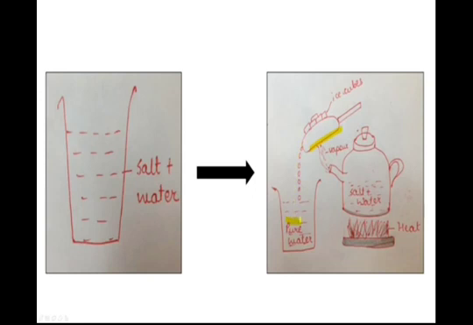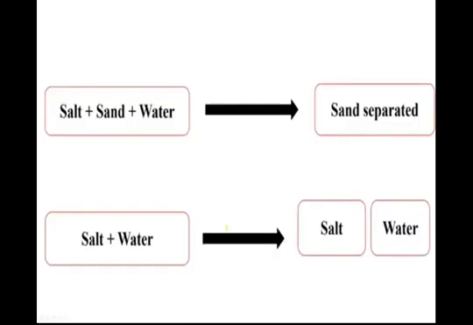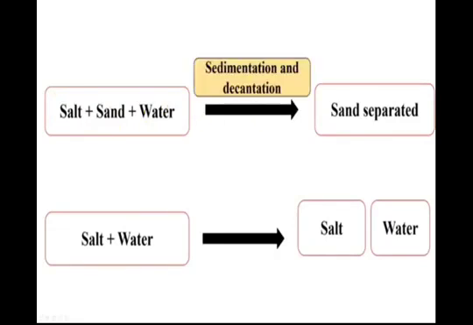Look at here. Yes. So what did you observe? From the salt and water mixture, the salt remains here itself and the water gets evaporated, and the evaporated water is again condensed to pure water. Okay, look at here. What we did, look at the flow chart. Salt, sand and water we have to separate. Which method have you used? Sedimentation and decantation you have used first.